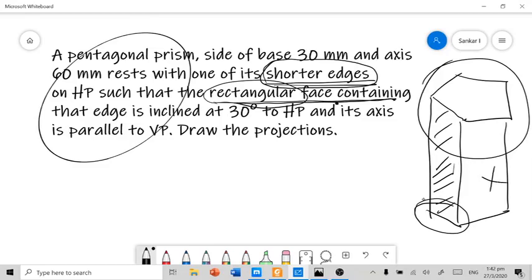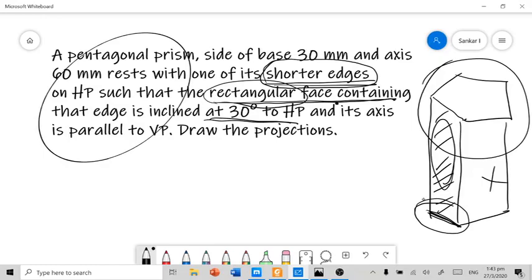This rectangular face is the only rectangular face containing the resting edge. The rectangular face makes an inclination of 30 degrees to HP, and its axis is parallel to VP. Draw the projection. This is nothing but the problem given.